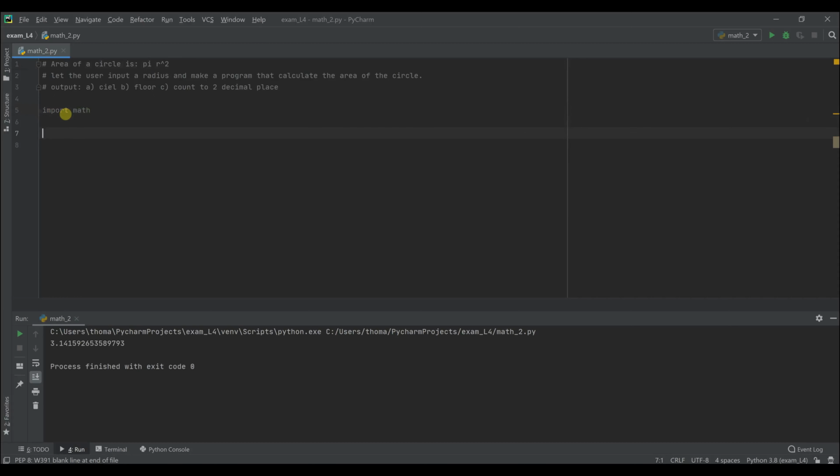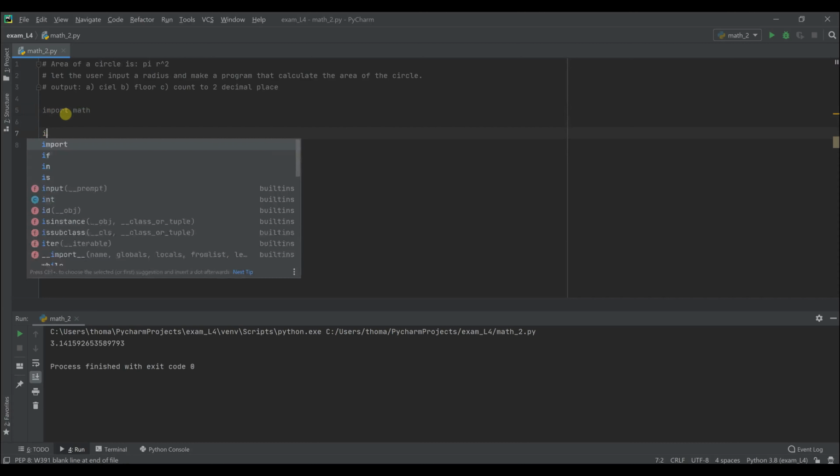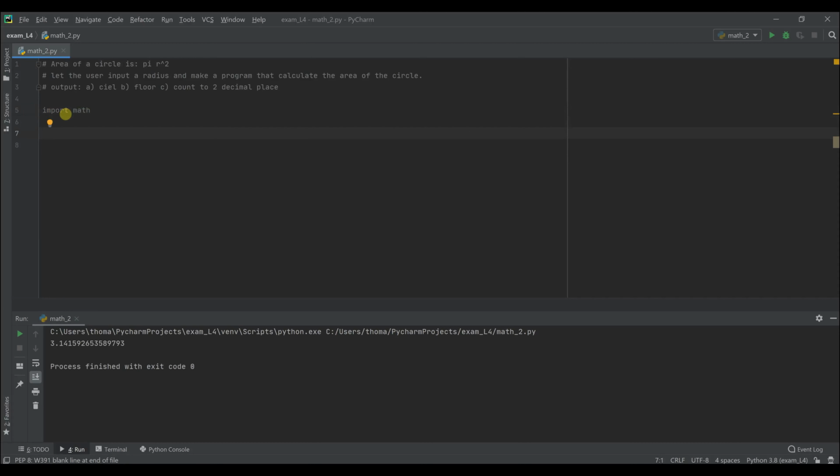We'll do the area of a circle, and I'll just put the formula for it, which is pi r squared, which gives the area of a circle. And then we'll get the radius. Let the user input the radius. Ask for an input, so we'll go make a variable called radius and make a float,